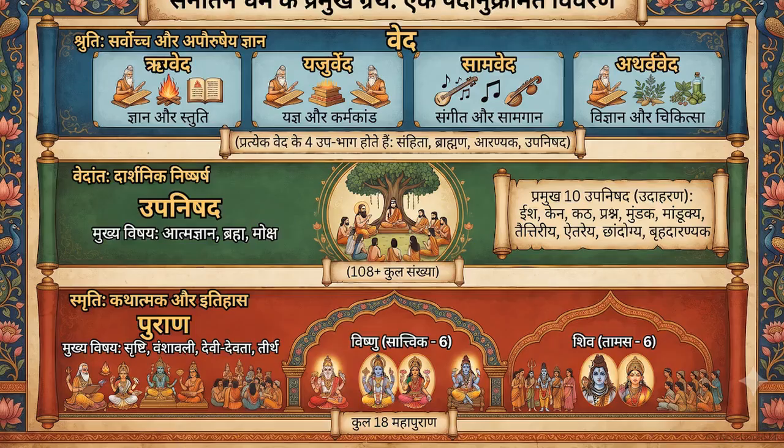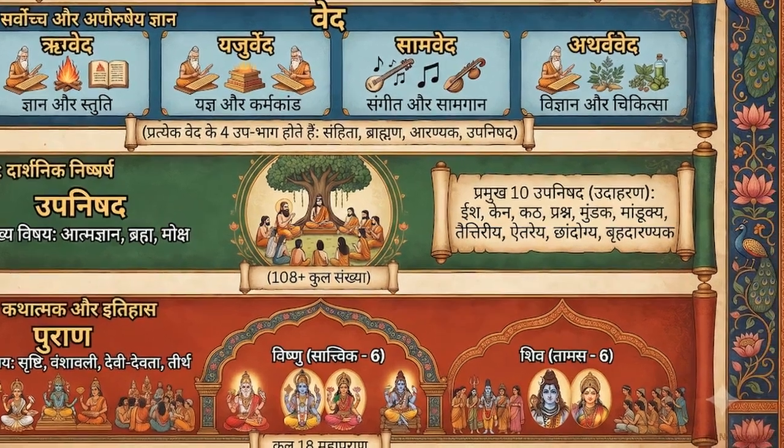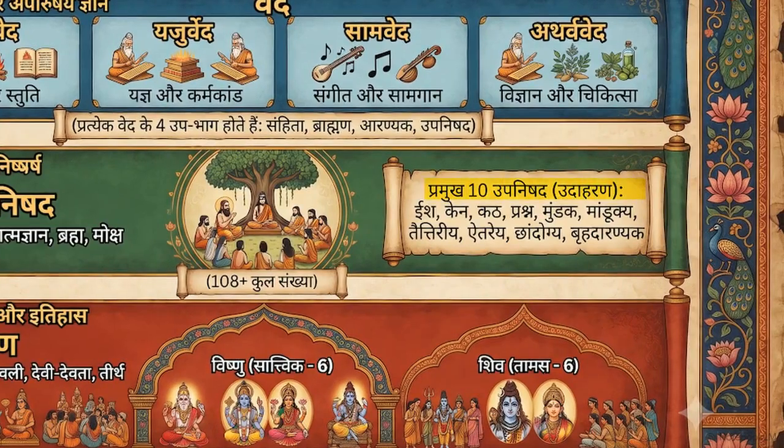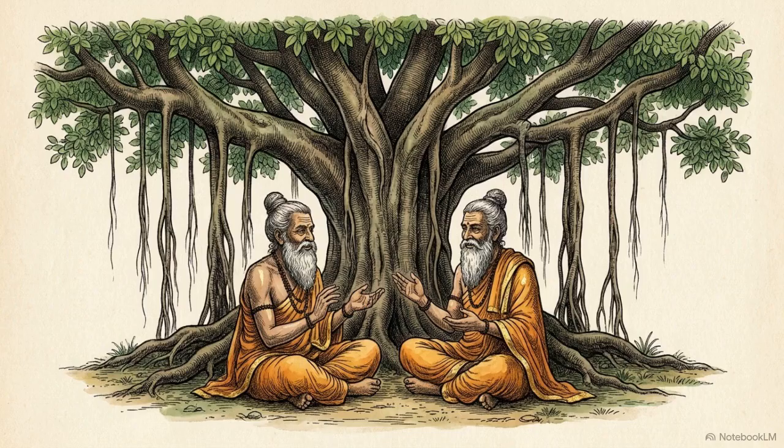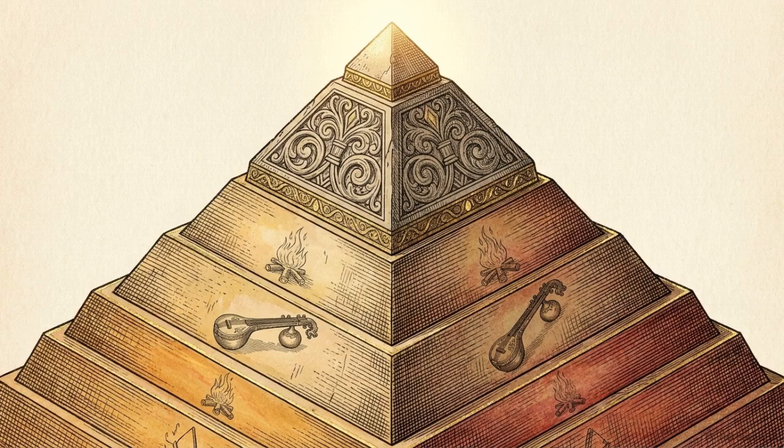This diagram records the volume of this philosophical data. It notes the existence of over 108 Upanishads. Within that list, a group of 10 principal Upanishads form the load-bearing walls of Hindu philosophy. The subject matter focuses on Atman, self-knowledge, along with the nature of reality and the path to liberation. Because it examines abstract reasoning, this section takes the form of dialogue, moving away from ritual. Vedanta is the intellectual destination of the Shruti blueprint. It provides the reasoning behind the rituals described in the earlier layers.